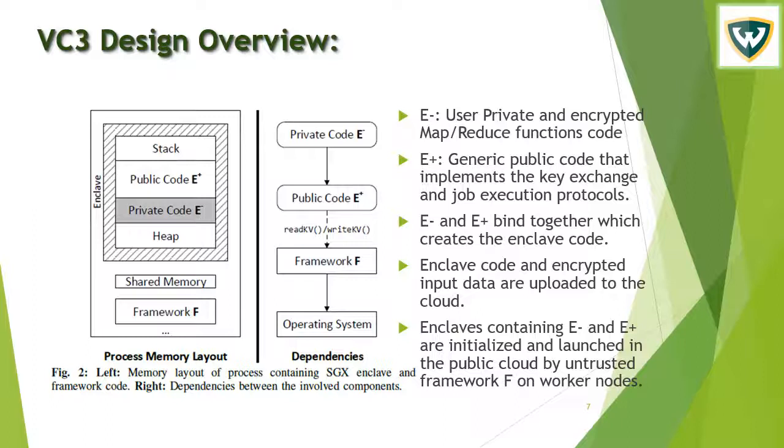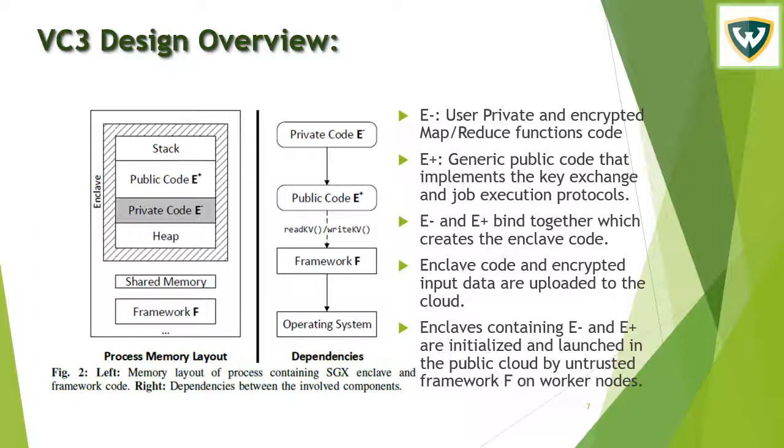So the user binds the encrypted code, E-, together with a small amount of generic public code referred to as E+. E+ implements the key exchange and job execution protocol in VC3. After that, the user uploads a binary containing the enclave code to the remote cloud along with the encrypted input data. At that moment, enclaves containing E- and E+ are initialized and launched by the public and untrusted framework, referred to as framework F,